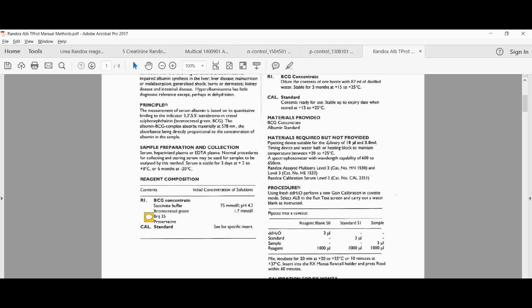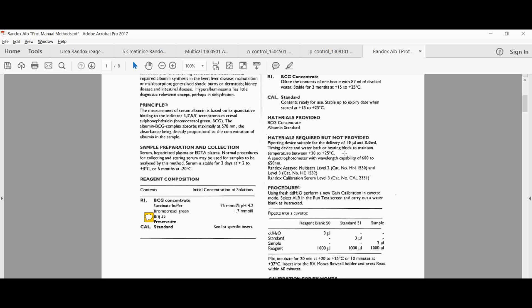Then the materials required but not provided is pipetting devices. So you must be able to pipette 10 microliter and 3000 microliter. You need a timing device, and you need a water bar, something to bring the temperature to 20 to 25 degrees. If, for instance, that mostly applies to colder climates,